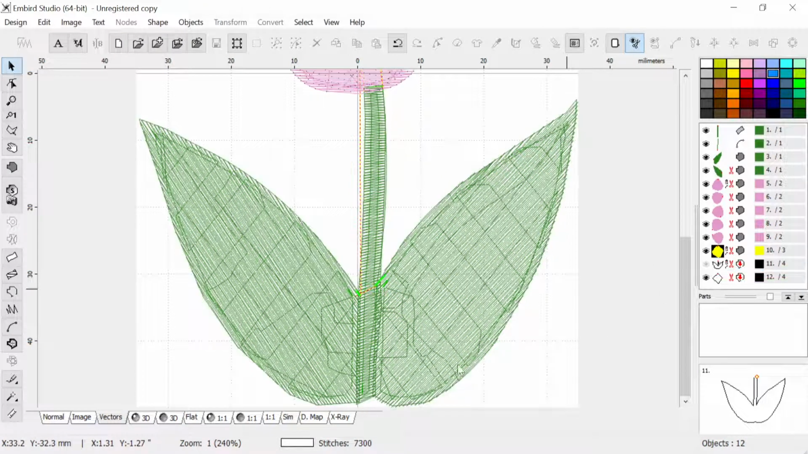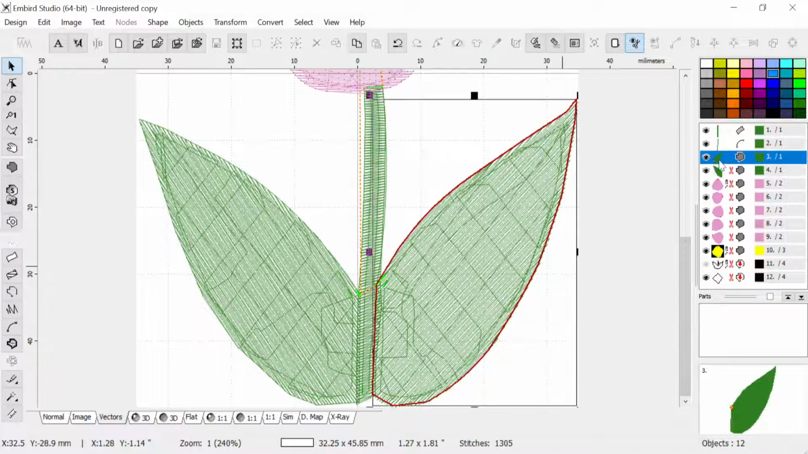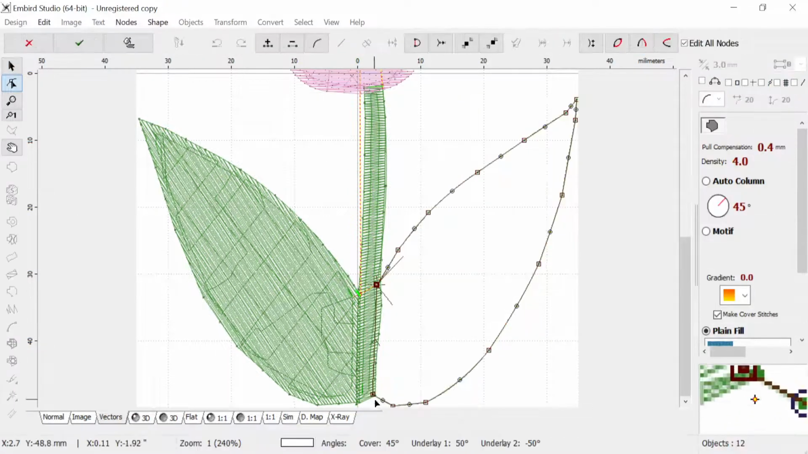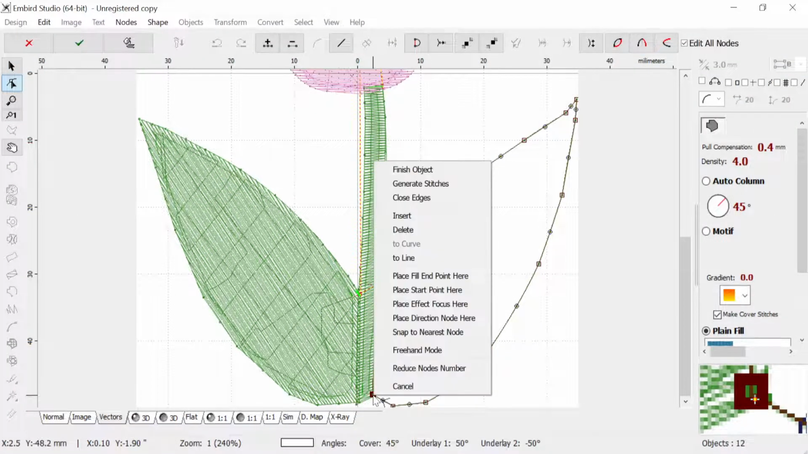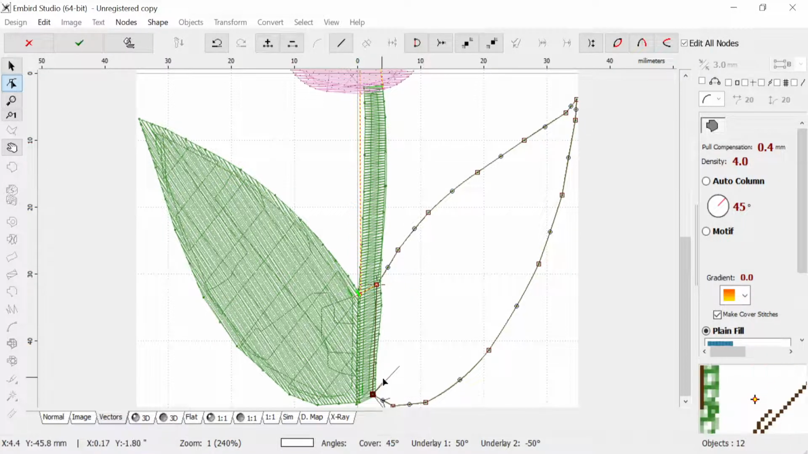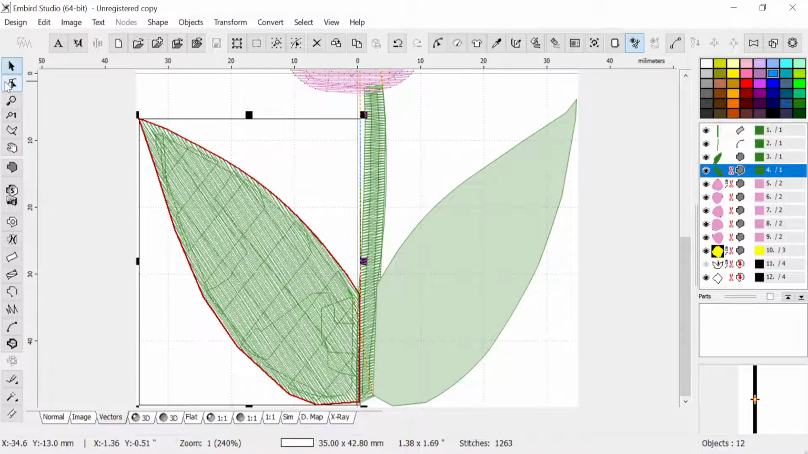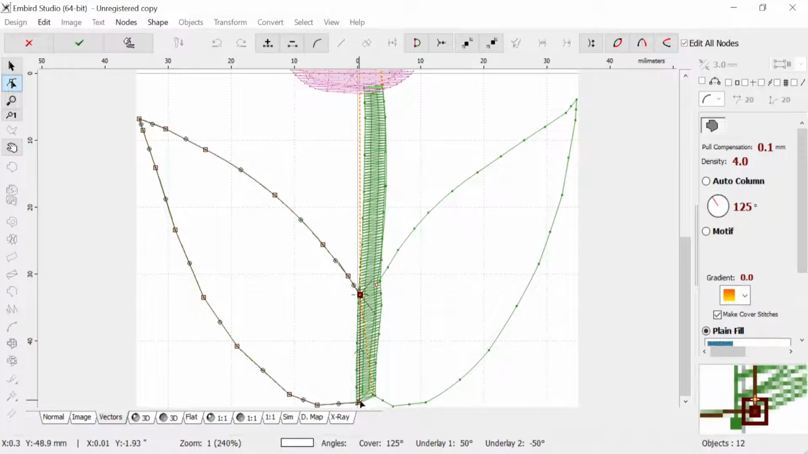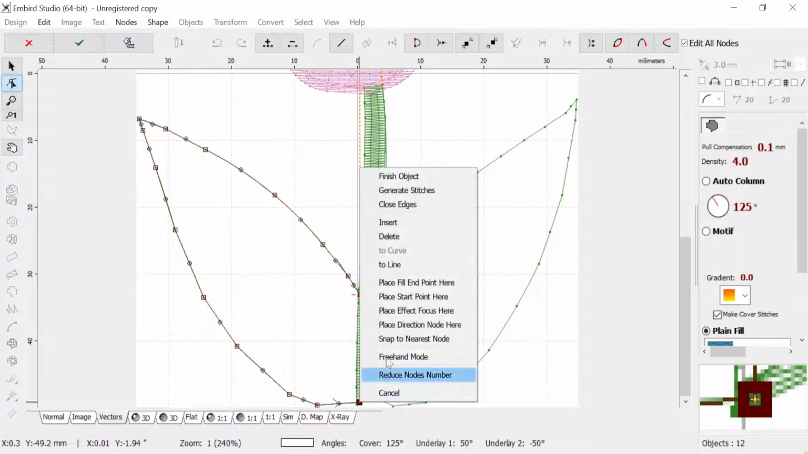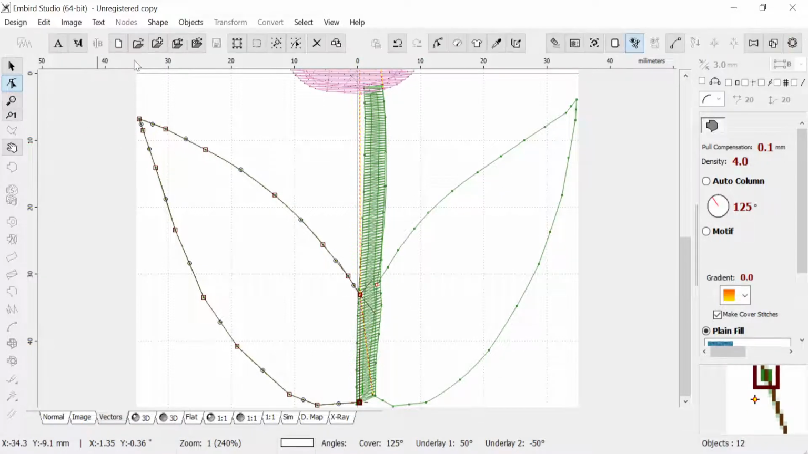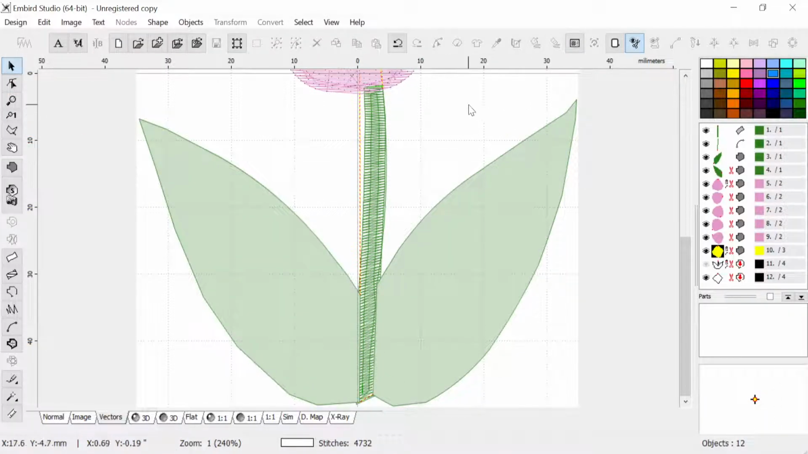Let's hide the outline again, and I will select this, edit that, select this point, right click, and I place the fill end point here. So it's gonna finish here, and then I will select this one again, edit, and I'm gonna select this point, and I will place the start point here, and then I will select this,